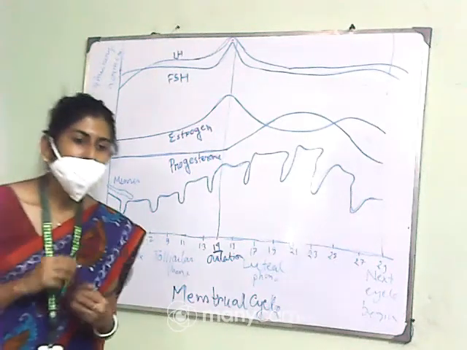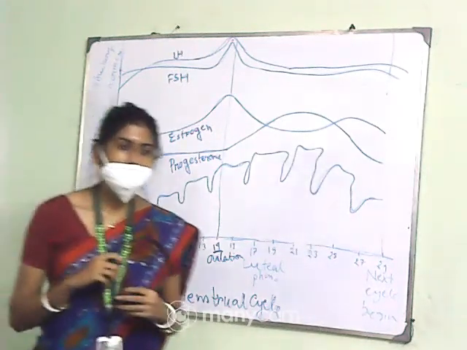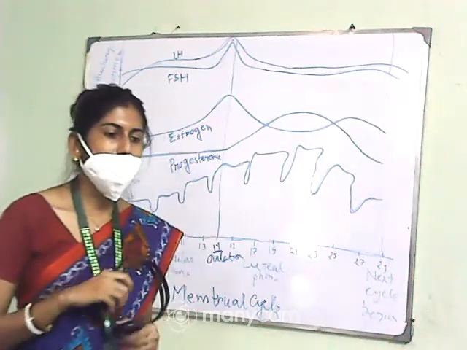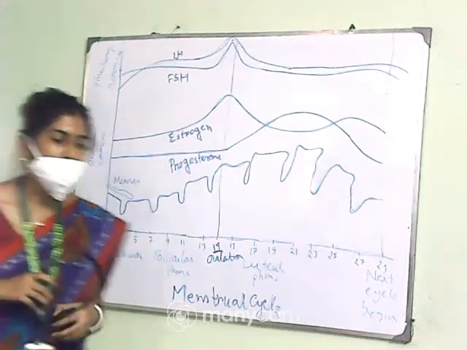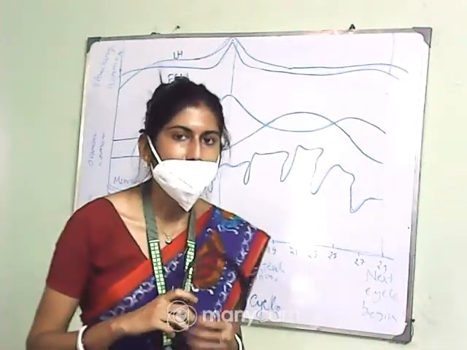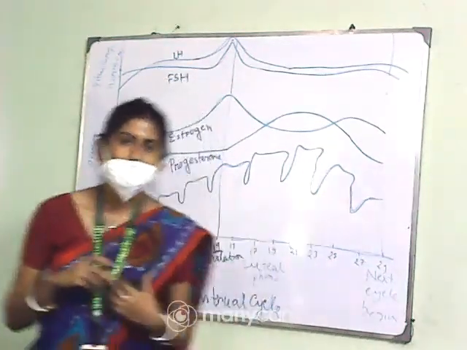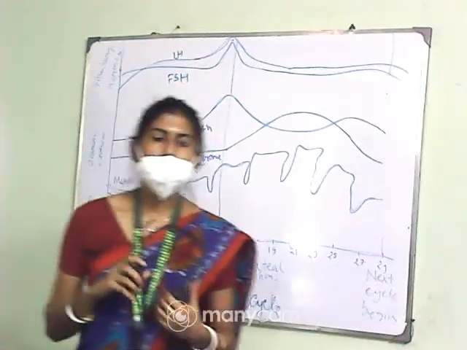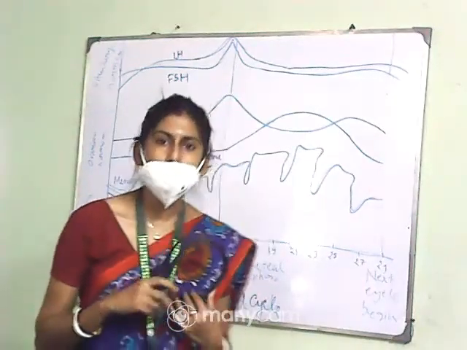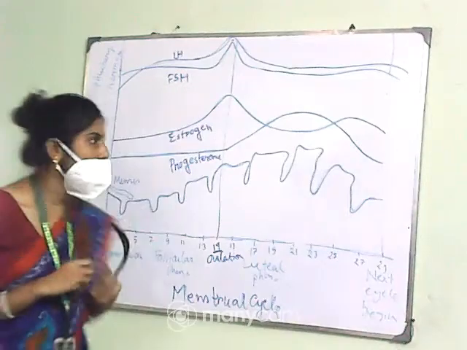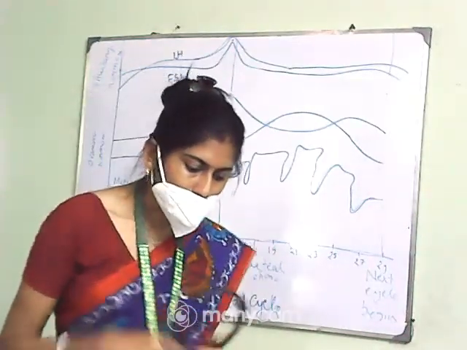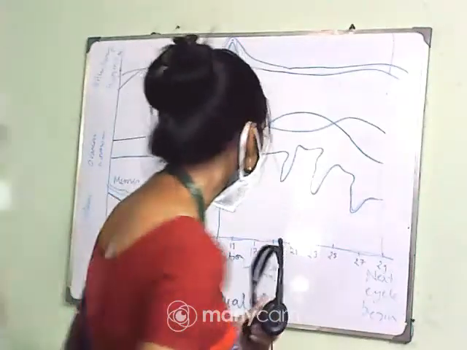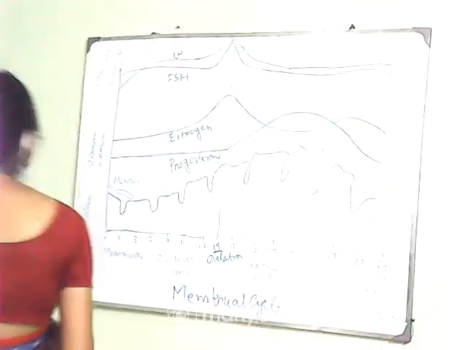Okay. So welcome back to your biology theory class, and I have started the discussion of the chapter human reproduction, and in my previous classes I have completed up to the gametogenesis part, right? So in the previous class I have discussed the oogenesis, and today I will start with another important part, that is the menstrual cycle. Okay, so you have to know in detail about the menstrual cycle.